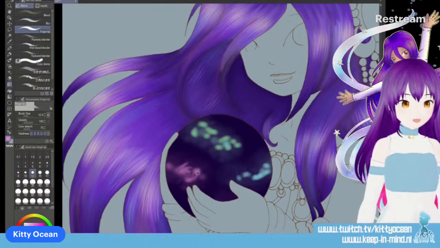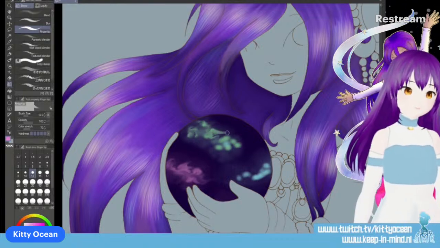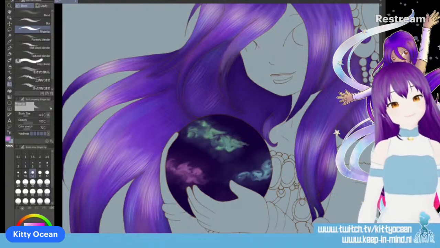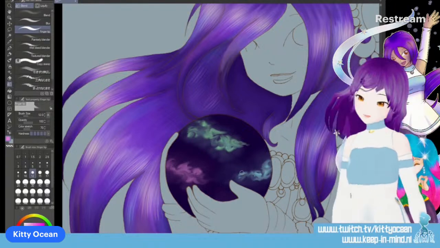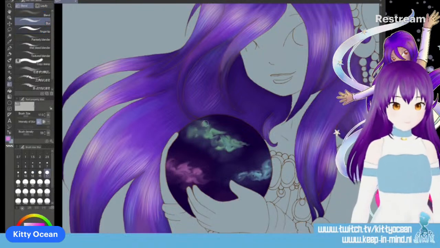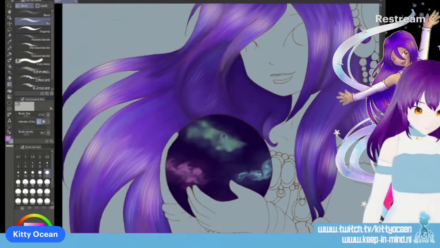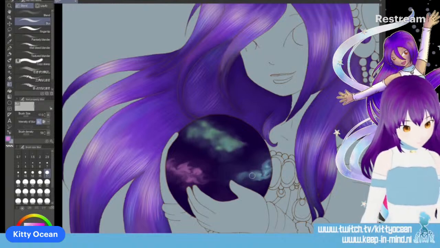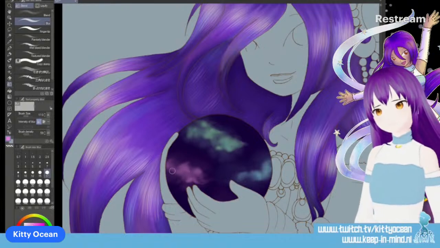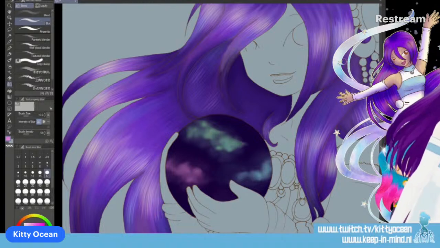First a fingertip to have it a bit more organic. And it's quite ironic that I'm creating a galaxy inside a sphere in a place where there is none.